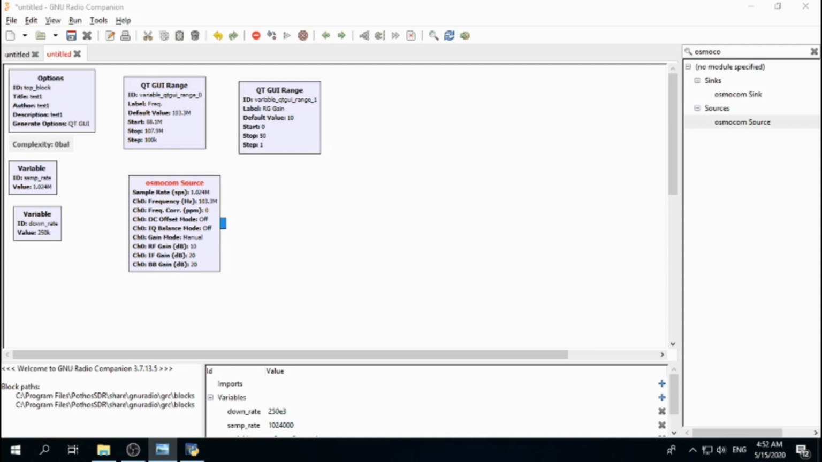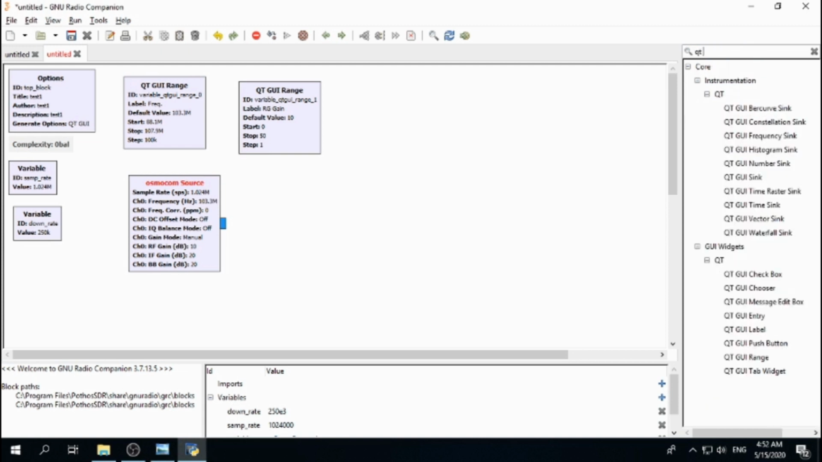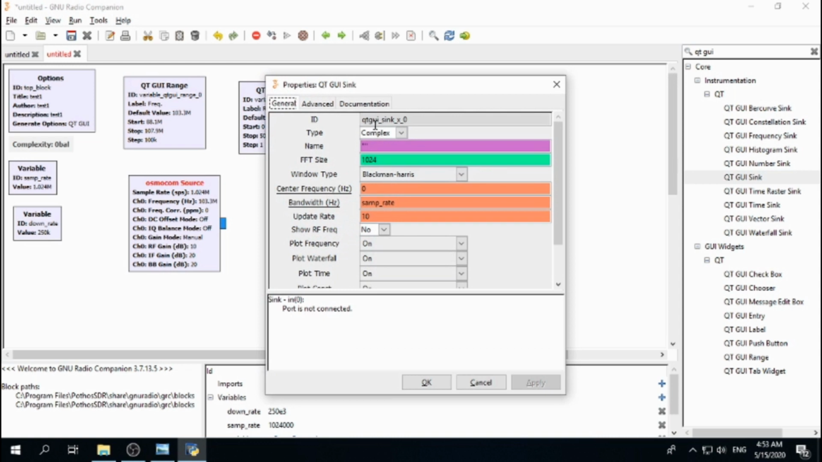we need to create a QT GUI Sink. Right now let's search about it. QT GUI Sink. Okay, as you can see, the ID is QT GUI Sink, and the FFT size 1024, and sample rate, and then the update rate 10. Okay,